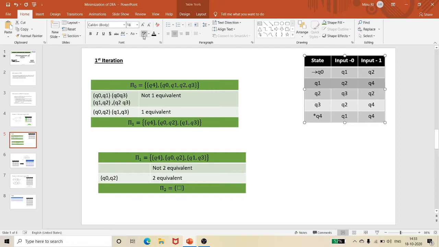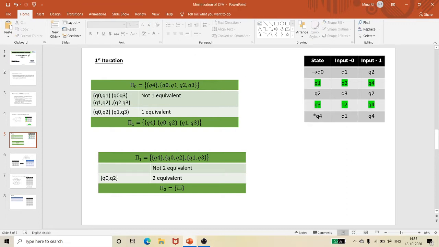So this is my Q1 and this is my Q3. And now check. Q2, same set. Q4 is also the same set. Okay, now you are going to see a variation. This belongs to some other set and this belongs to some other set. Whether this is equivalent or not. Yes, it is equivalent.